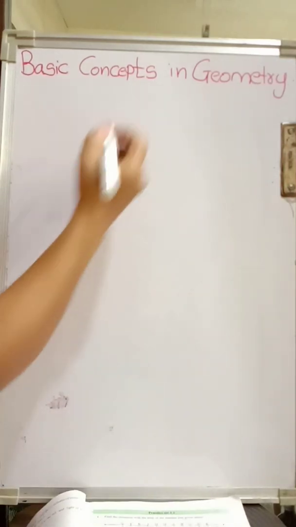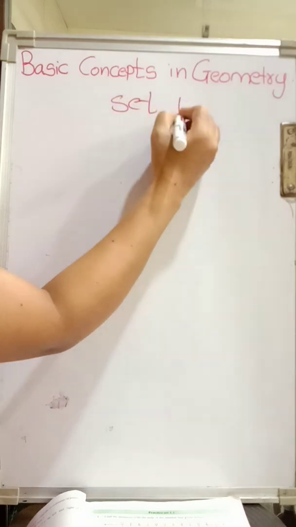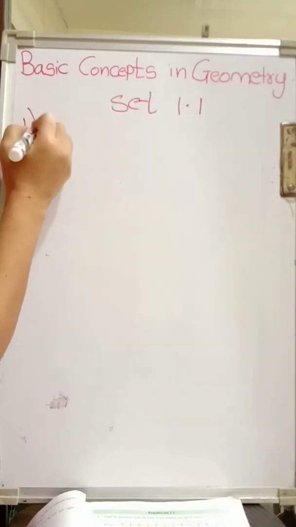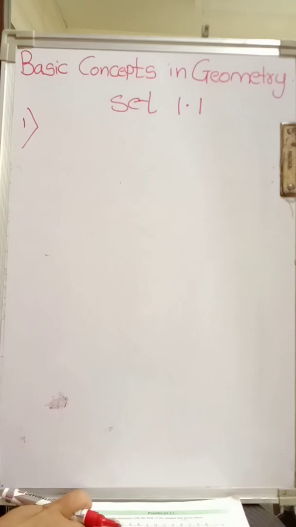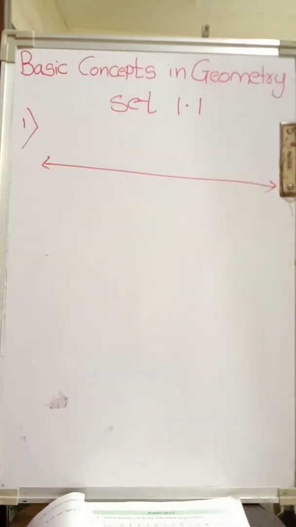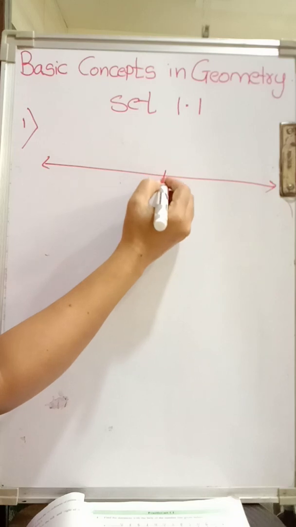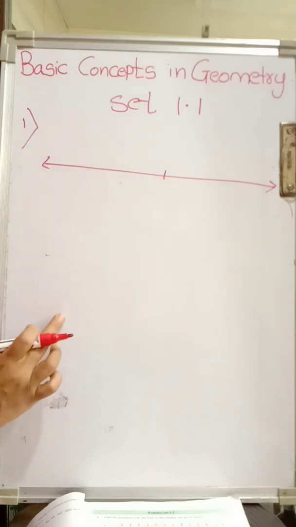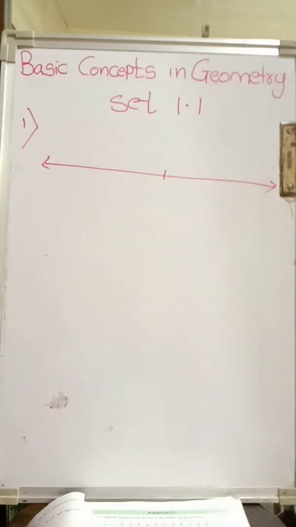Let us go for practice set 1.1. So we are doing set 1.1. In that, the first question is to find the distance with the help of the number line given below. The number line is given over there like this, and then you have to find the distance between the points. So I'll take only a few examples. One I will show you, the remaining you have to do at home because it is very easy.